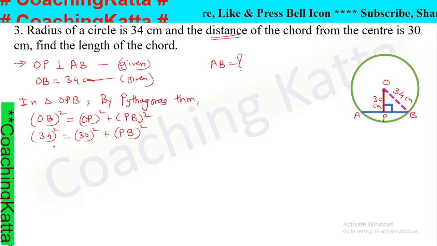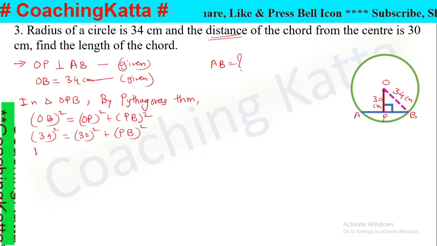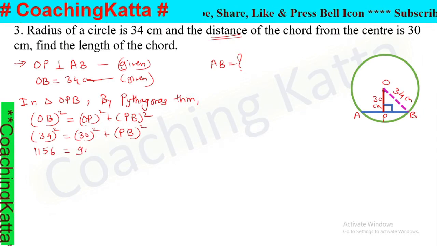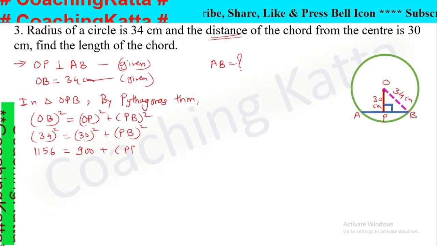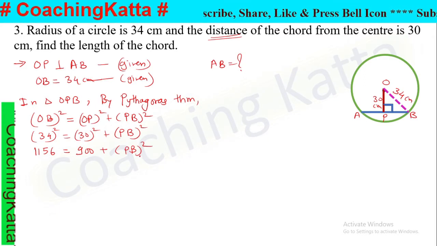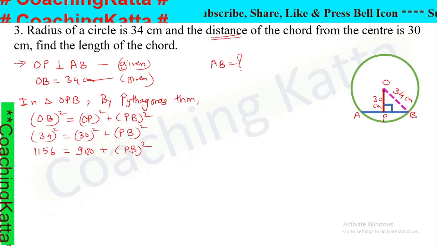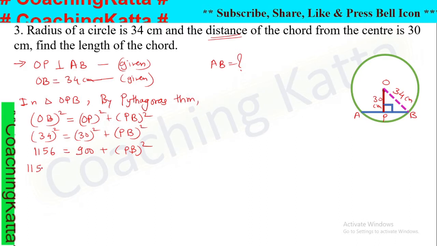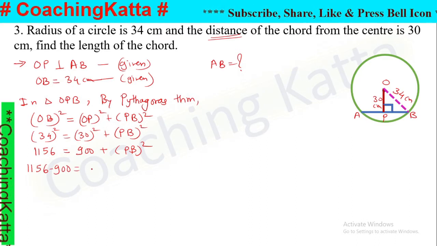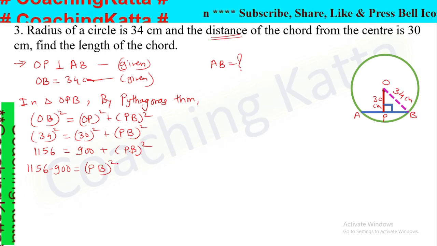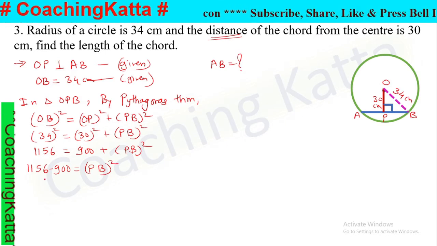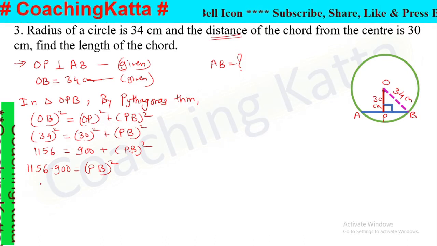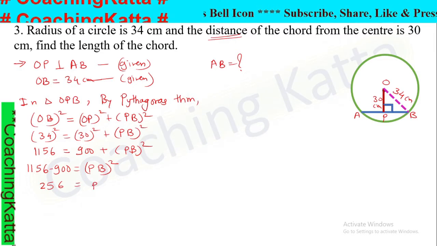and 34 square is equal to 1156. 30 square equal to 900 plus PB square, and we have to find the value of PB. So bring this 900 to the left hand side, means it becomes minus. 1156 minus 900 equal to PB square. Subtract 900 from 1156, it becomes 256 equal to PB square,